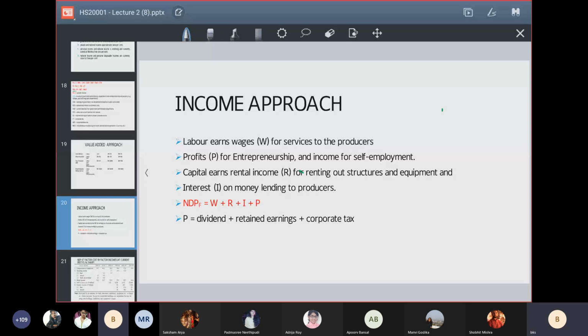And in many of the developing countries, the self-employment is the highest. For instance, in case of India, we have almost 53% of our labor force in self-employed form. So when we have such a large chunk of population engaged in self-employment, then this mixed income constitutes a big